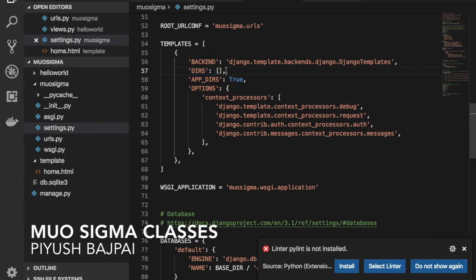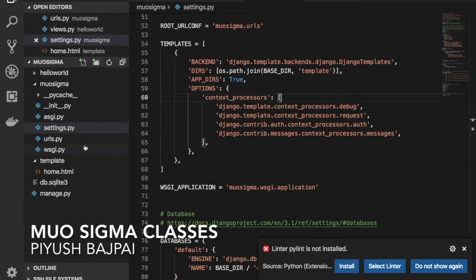We need to define the path of our template, so we need to say os.path.join, and inside this bracket we say BASE_DIR, and then after the comma we mention the folder name, which is templates. Just copy this name and write it here like this, and that's it.